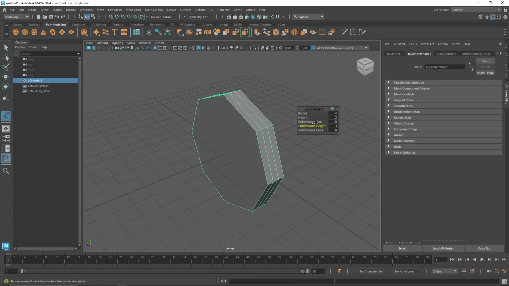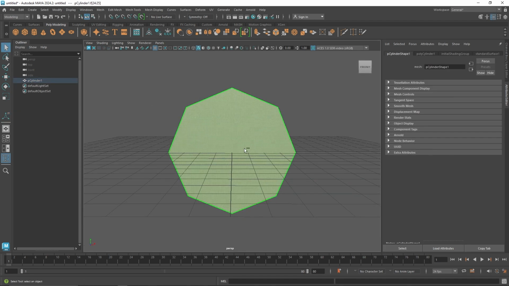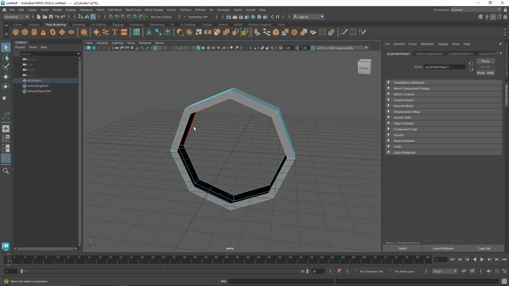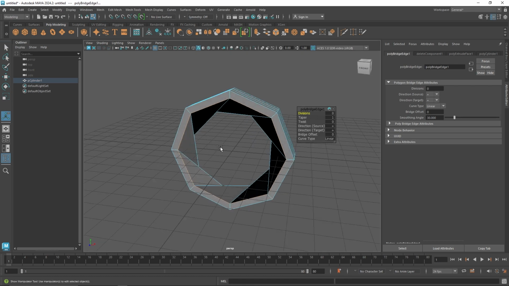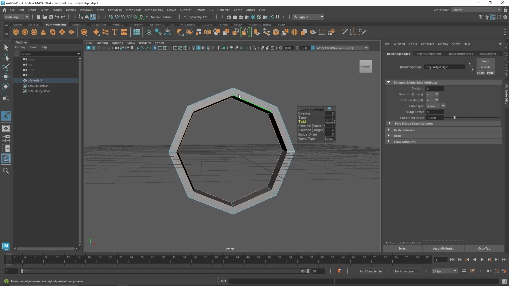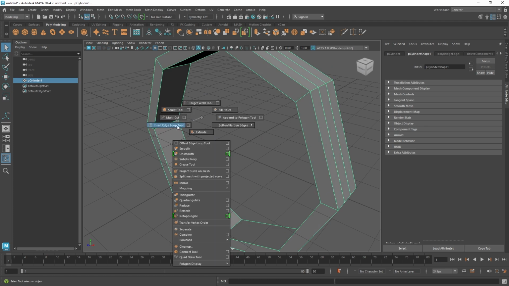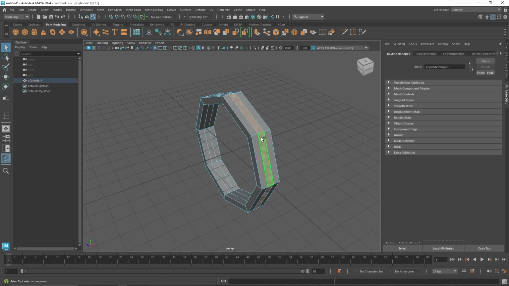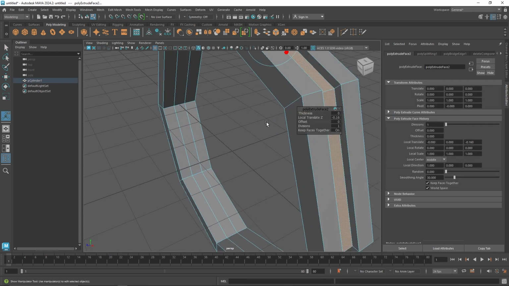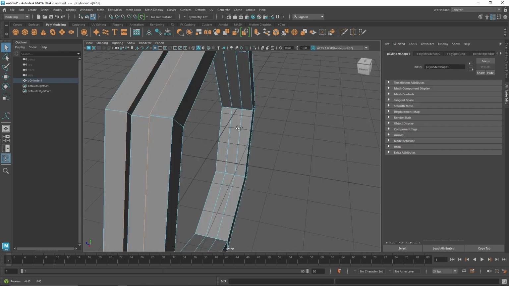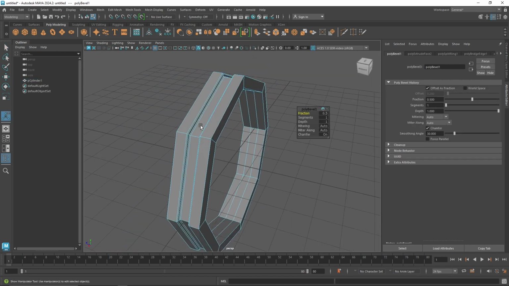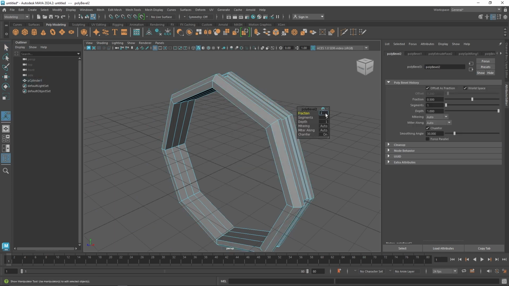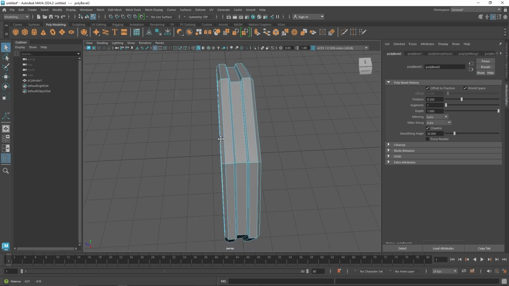Maybe add some division in here, and let's extrude the faces on the inside. Let's get rid of this, and let's bridge both of them together. All right, there you go. So from here, what we can do is we can take some insert edge loops, and we can add some loops. And let's say if you wanna add a bit of randomness, we'll add some definition to our model. We'll bevel some edges, maybe 0.3, and from here